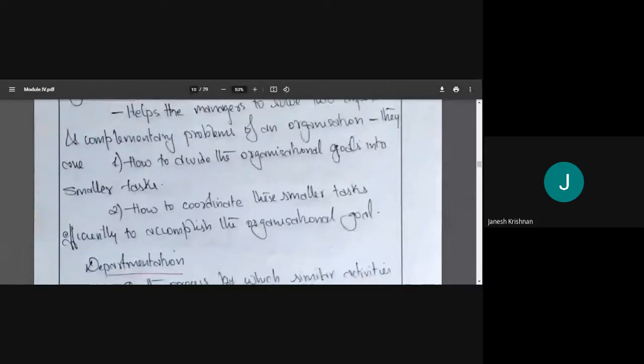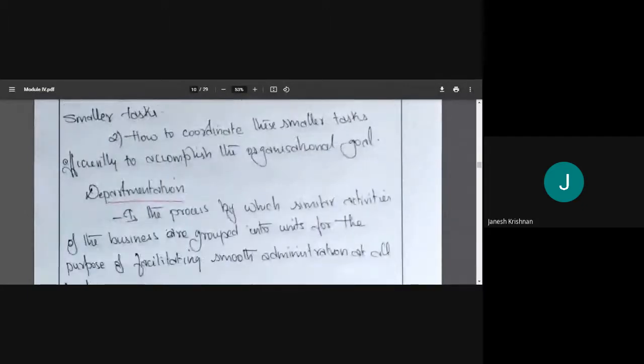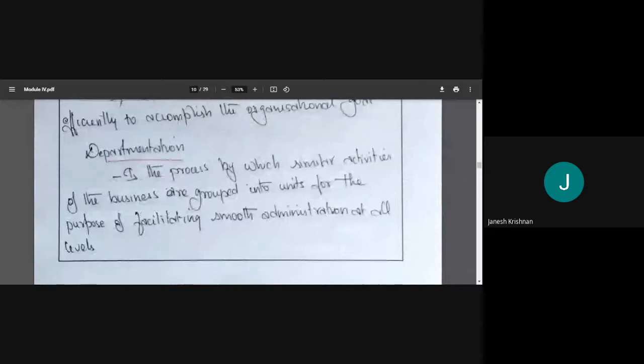So the next topic is departmentation. Okay, so departmentation is what we have said earlier. It's the process by which similar activities of the business are grouped into units for the purpose of facilitating smooth administration at all levels. So what is departmentation? The process by which similar activities of the business are grouped into units for the purpose of facilitating smooth administration